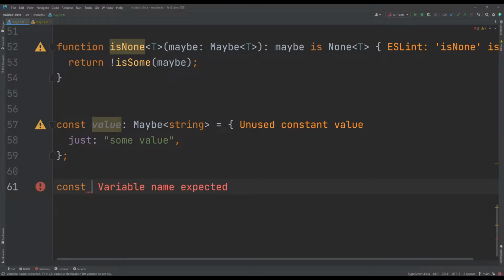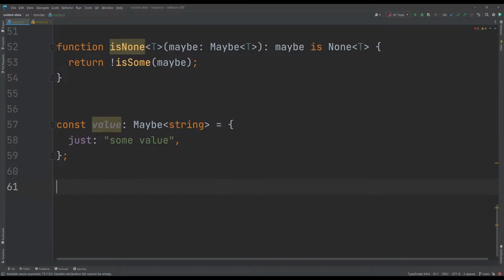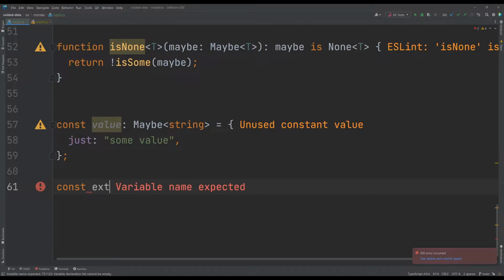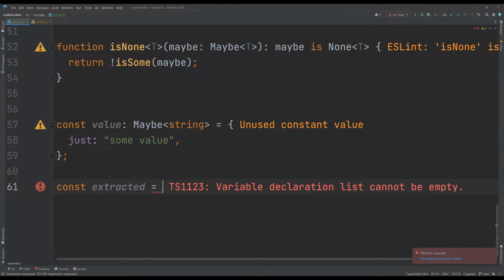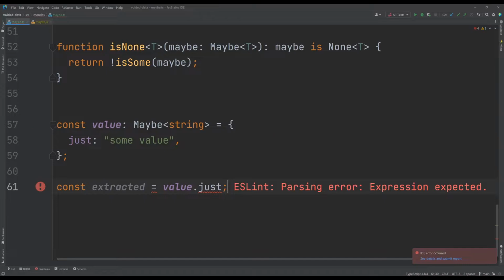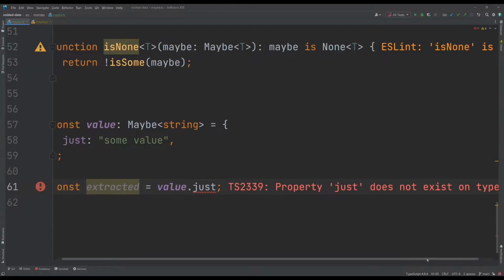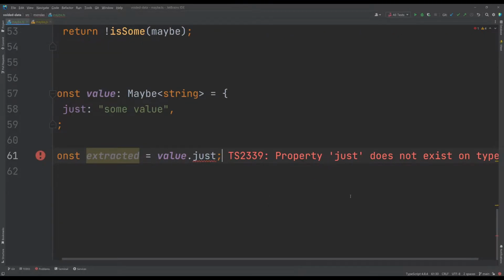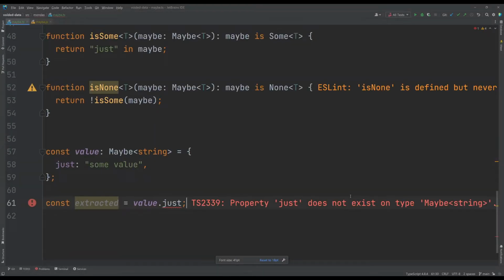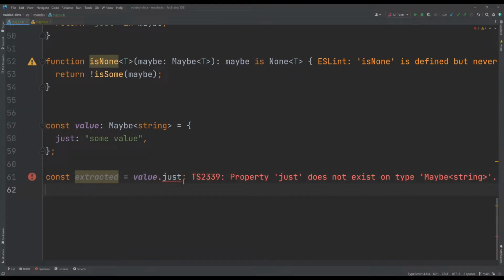If we want to know now if this is a sum, because if we tried to access the just value, this wouldn't work. So const extracted. This will be an error. It tells us property just does not exist on type maybe string, which is correct.